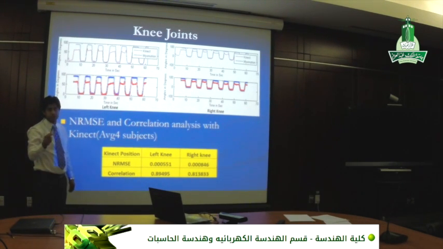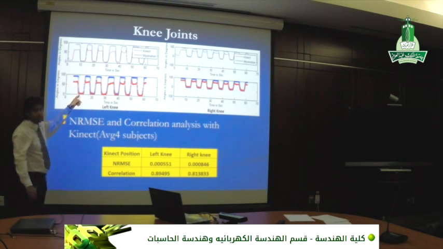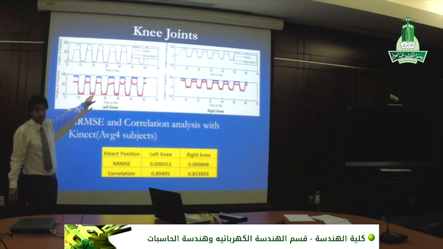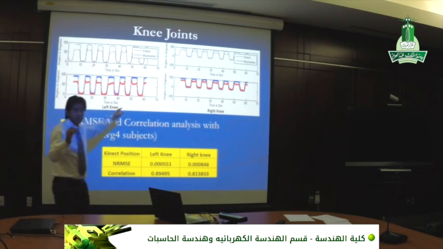Or either they are saturated. There is some problem. No, this is for the knee angle. For all the subjects that I have found the values, the knee is like this. They are smooth functions. But for the hip,